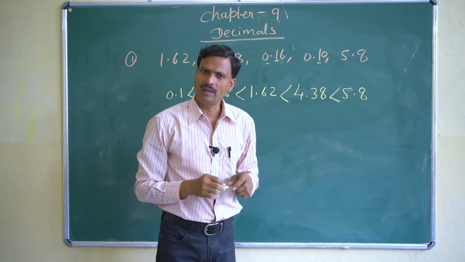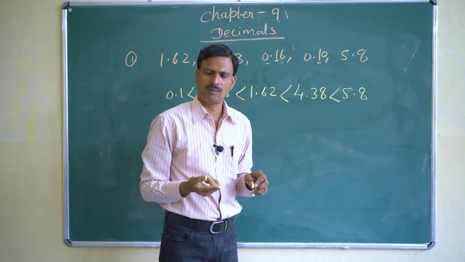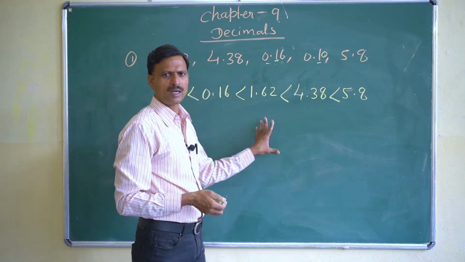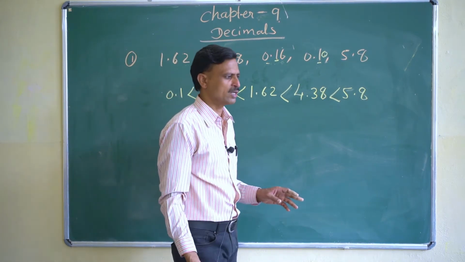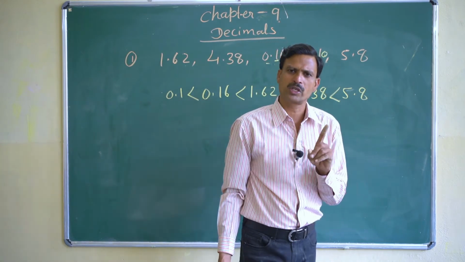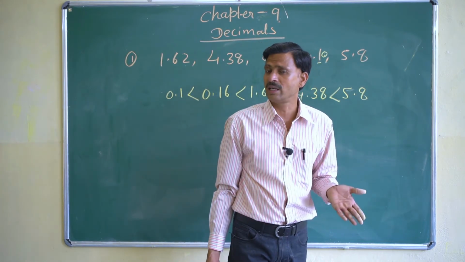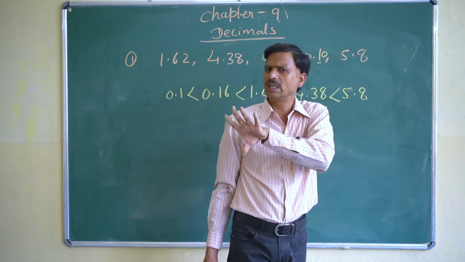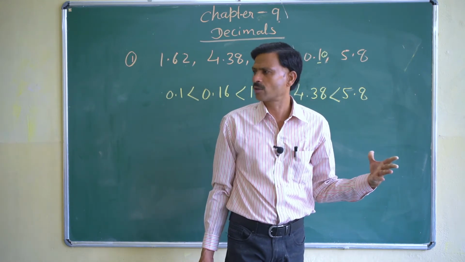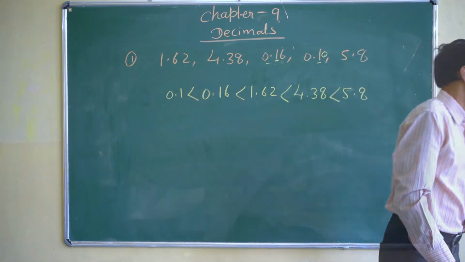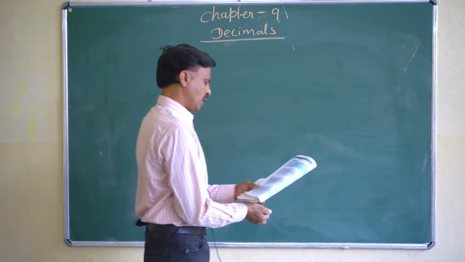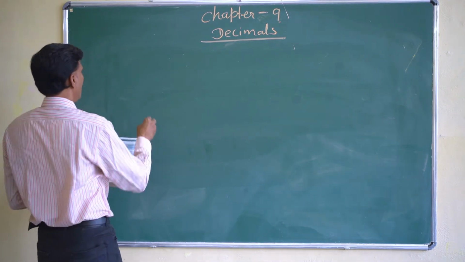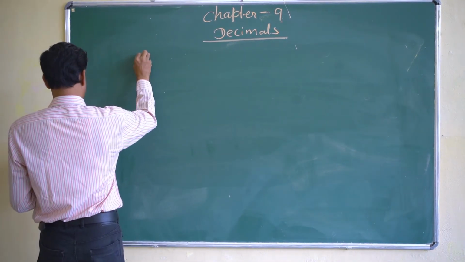Okay, clear? One more question I'm taking, where we will arrange in descending order, because it is very easy, I think you have understood. Now I am telling you one question in which we arrange in descending order. Descending means decreasing order. Decreasing means first we write the greatest value, then the smaller and smallest. So we have to arrange in descending order. I am taking the second question from exercise 3. The question is